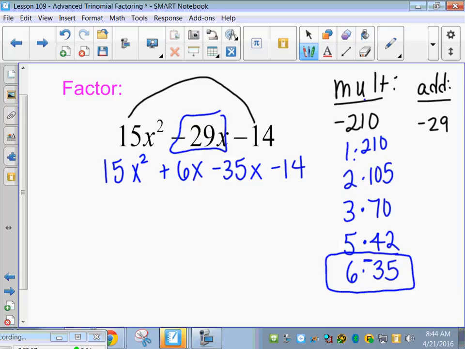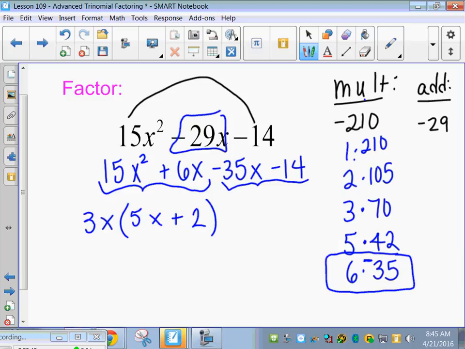What comes out of the first 2 terms? Good, 3x. And then what's left if I take out a 3x? Okay, 5x plus 2, right? Because we took the x out of the second one. And what can come out of the second 2 terms? Negative 7. We had a lot of negatives on the third term, so I should get the same thing. Make sure you do. 7 times 5 would give me the 35, right? And negative 7 times positive 2 would give me the negative 14. All right, so then we get 3x minus 7, and 5x